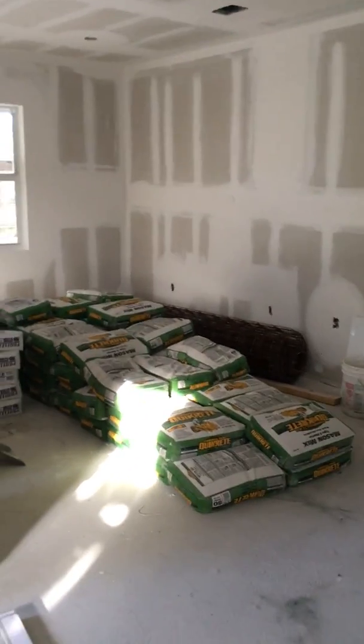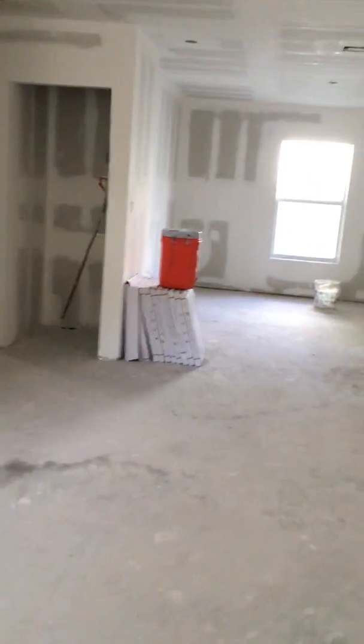And we're going to switch from using the thin set to the mortar, because when the people did the drywall work, they did put